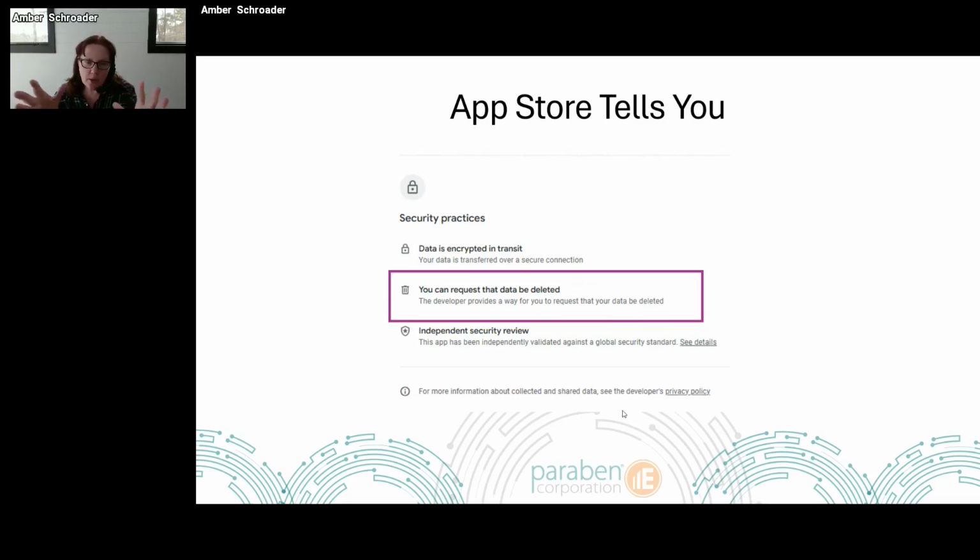And here is an important part. This is a screenshot from within TikTok, so this is a very good example for you. Remember that each app store will tell you if there is potential compliance data associated with their individual app. It's typically located in the security practices section, and it shows that you can request the data to be deleted. That's really how it's tagged in there. Now, if an app is storing it enough that you can request it to be deleted, it means you can also request a copy of it. And that's an important aspect.